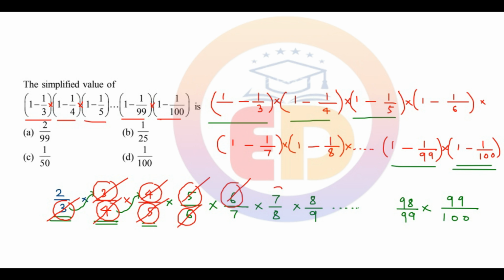Next term numerator is 7, denominator is 7, cancel. Next term, numerator is 8, denominator is 8, cancel. और इस तरह सारे टर्म्स कैंसिल होते जाएंगे।